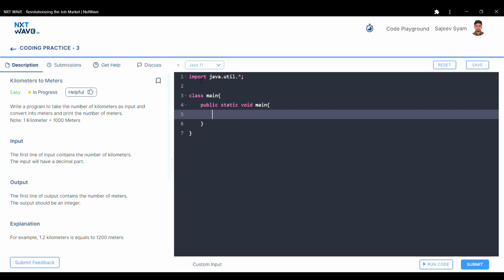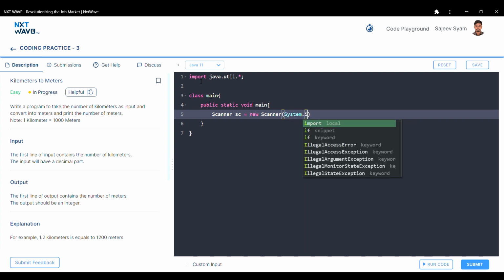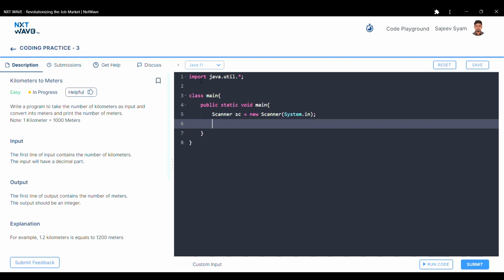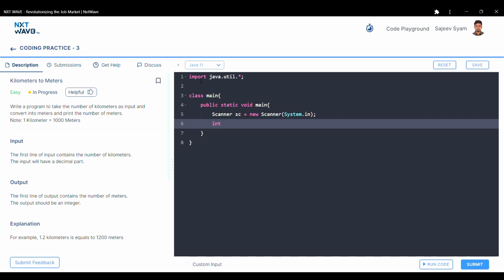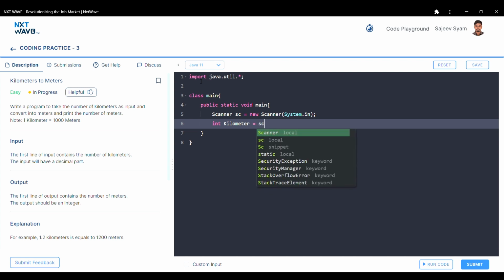Then we have to scan the input, so we use the Scanner class, Scanner sc equal to new Scanner(System.in); then for the integer value, first taking the kilometers as input, int kilometer is equal to sc.nextInt();